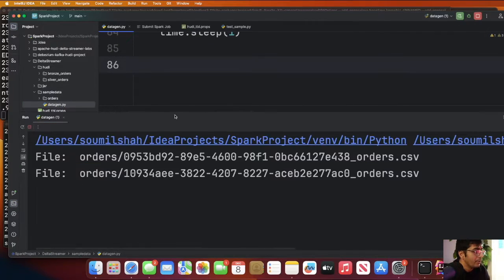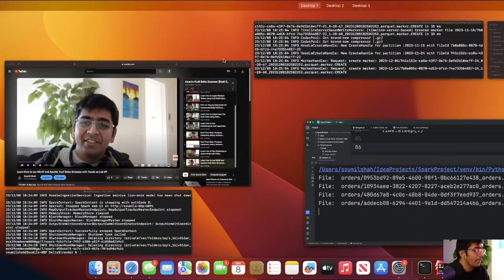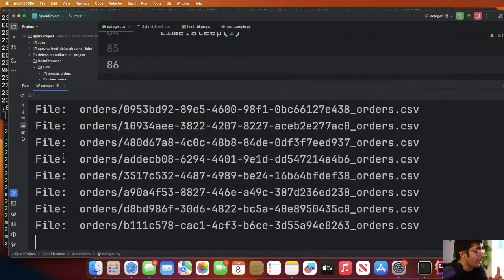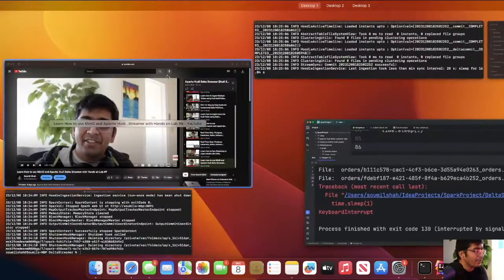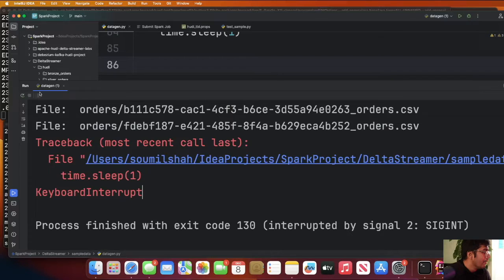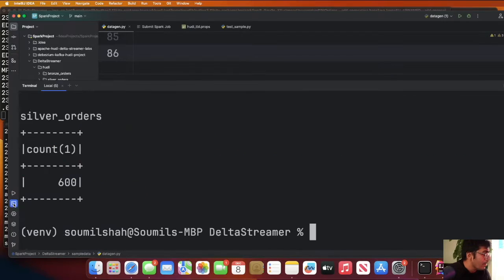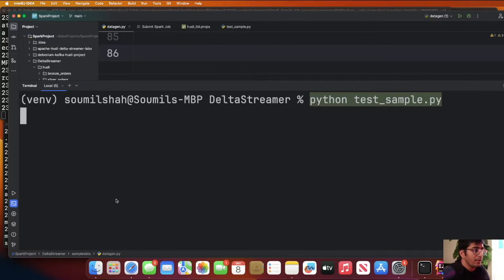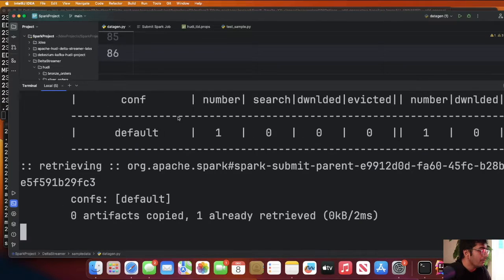Again, as you can see, now the new files are coming in. My DeltaStreamer on top is ingesting in continuous mode into the bronze zone. So I'm going to stop this because it's more than enough. As you can see, I'm ingesting data in a stream-oriented fashion into my bronze layer. Now, if I run my Python file again, in the bronze, you will see the count is more, of course. So python testsample.py,